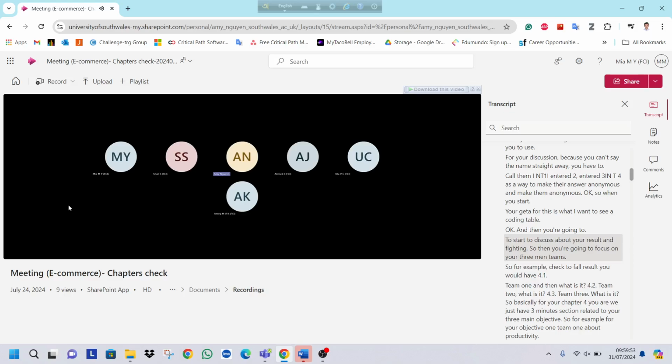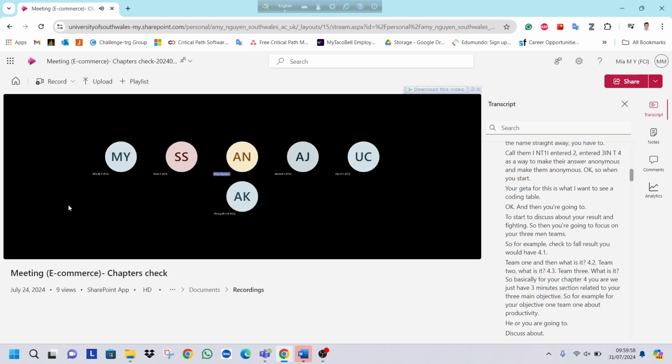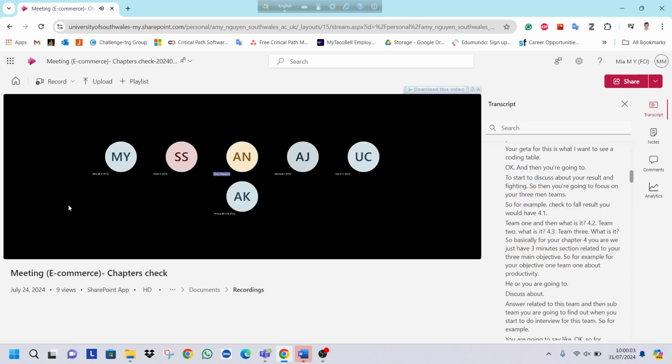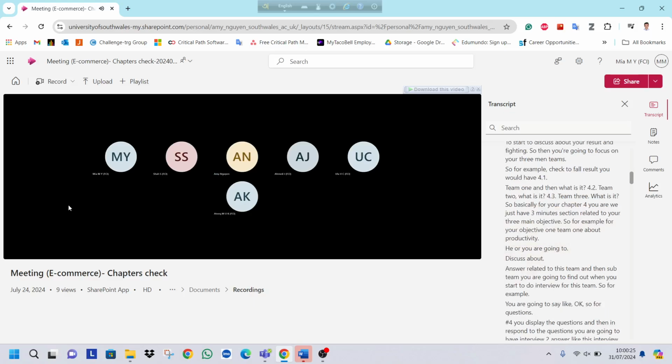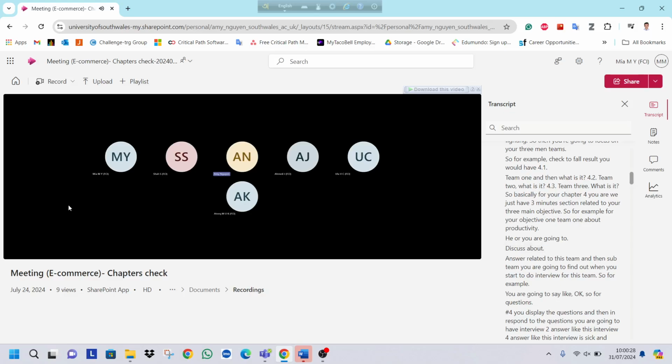So then you're going to focus on your 3 main themes. For example, chapter 4 results, you will have 4.1, theme 1, what is it? 4.2, theme 2, what is it? 4.3, theme 3, what is it? So basically for your chapter 4, you are going to have just 3 main sections related to your 3 main objectives. For example, for your objective 1, theme 1, about productivity, here you're going to discuss